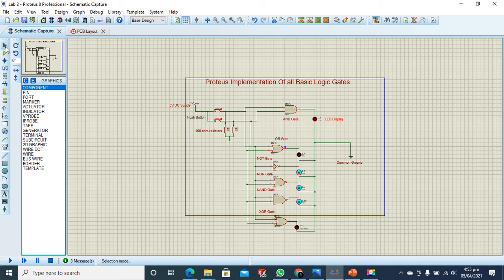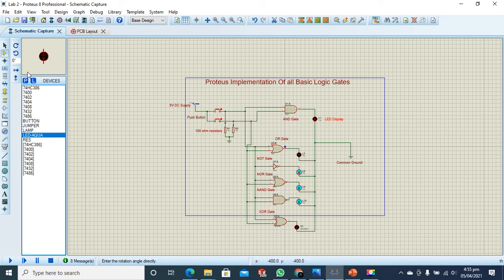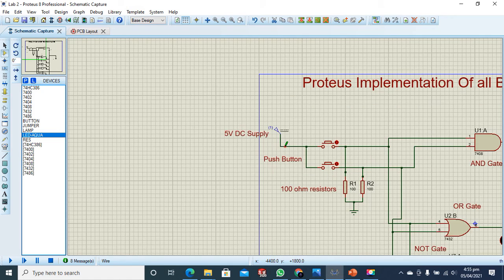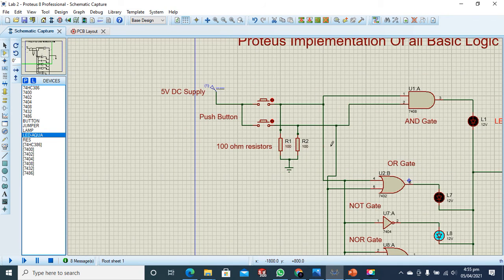As you can see, from there we can add any kind of input and any kind of component that will be used in our circuit. We will use a 5 volt DC power supply, directly supplying the input. We will use two push buttons and 200 ohm resistors. Why do we use 200 ohm resistors? This is all because of the resistance that we want to get at the output. So we will use 200 ohm resistors.